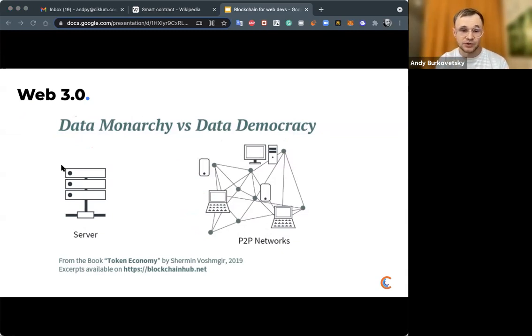So we have a system which is always up and running because of tons of players. And on this image, which I got from the book Token Economy, the author compares a single server, calling it data monarchy, versus data democracy, where you have a network of devices instead of a single authority.